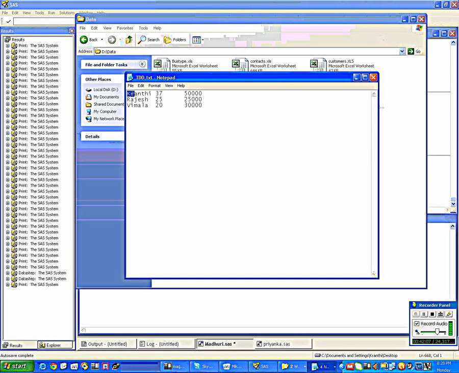See, Kranti, what is the length of Kranti? 7. Then later, 1 empty space. Means totally the length is 8. Rajesh, what is the length of Rajesh? 6. Then later, 2 spaces. Kranti is 7, so 1 space. Rajesh is 6, so 2 spaces.